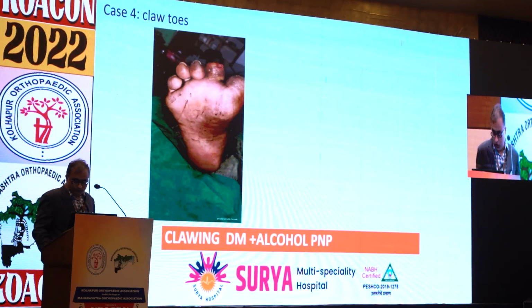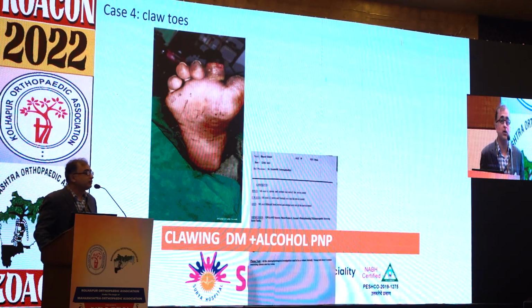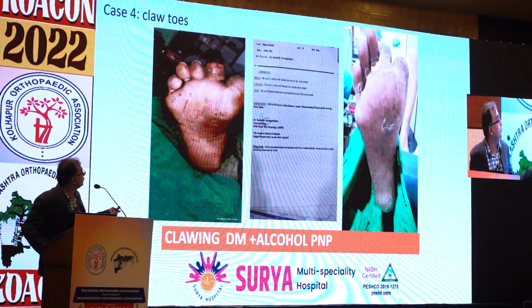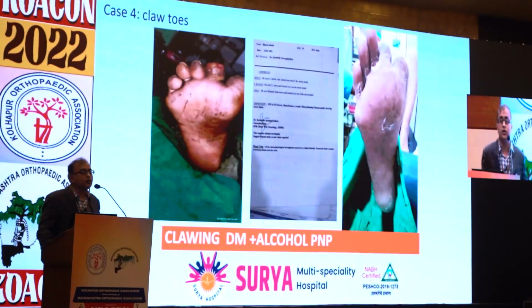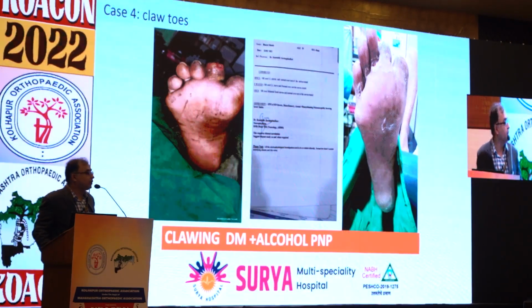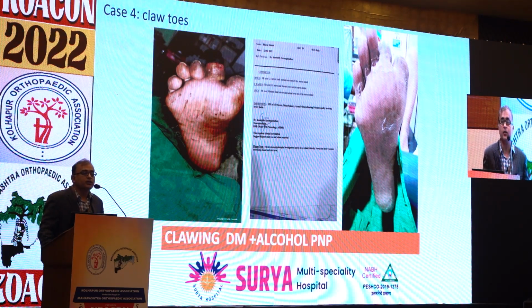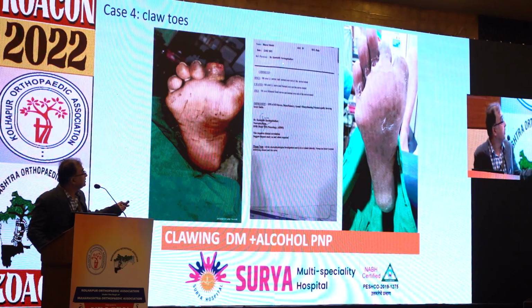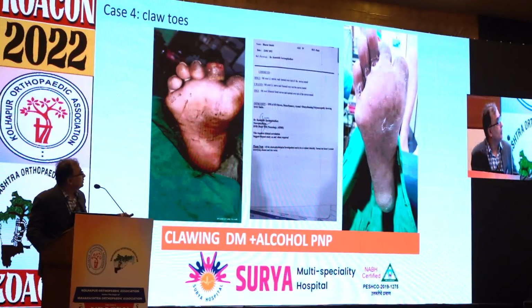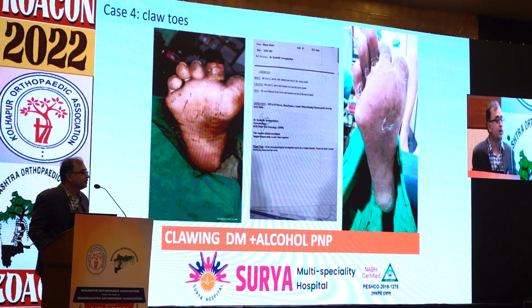So now a clotto. History is very important. The patient presented to me with amputation of the first toe already done outside, a non-healing wound on the second toe, and 3 clottos. I dug out the history. The history of diabetes was only 1.5 years, which did not explain it. A more detailed history revealed that the patient has severe alcoholism. So it is essentially an alcoholic neuropathy, and diabetes is just adding salt to it. After the clotto release and prevention of alcohol, the patient is stabilized at this stage.